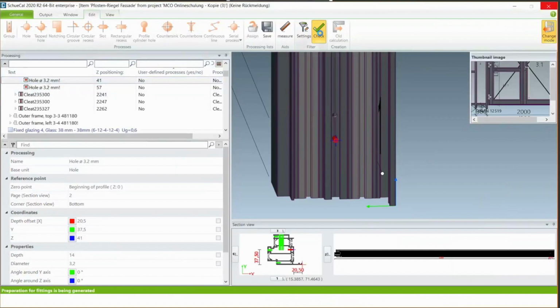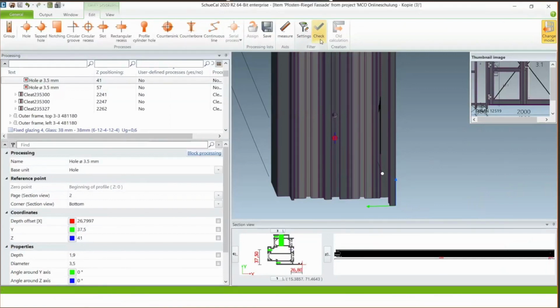But that's a very important information. Check is only for visualizing the filter settings and not for activating the filter. Here in Chucall, you always see the catalog diameter, so the original 3.5. But if your filter is active in your item, then at the machine, this hole will be 3.2 because the filter will be getting active in the MCO data for the CNC machine.